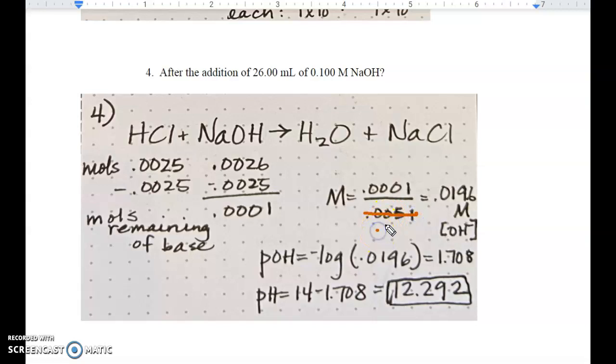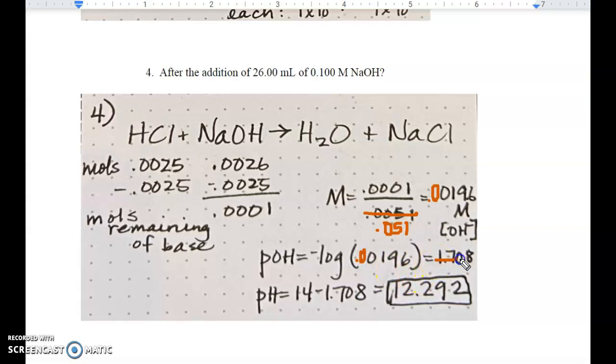Total liters, which should be 0.051. And let's see if I did my calculations correctly. If I did my calculations correctly, that should be 0.0001 divided by 0.051, which means that I should come out with 0.00196. So I'm off by a 0.0. So that means this is going to have to be changed to